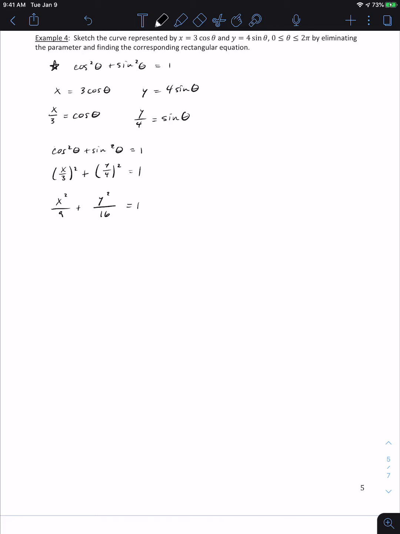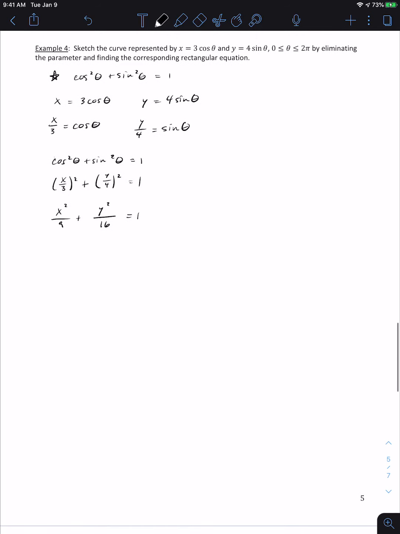So now this is starting to answer the question of why did we start chapter 10 with those conic sections? Well, because some of these parametric equations that we're going to look at are conic sections. And this is an example, right? This is not a circle because with a circle we'd have to have the same denominator under x and y so we get a radius. So this is actually an ellipse,